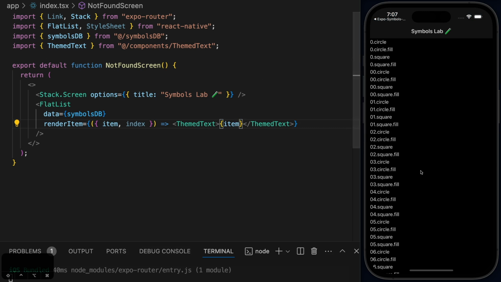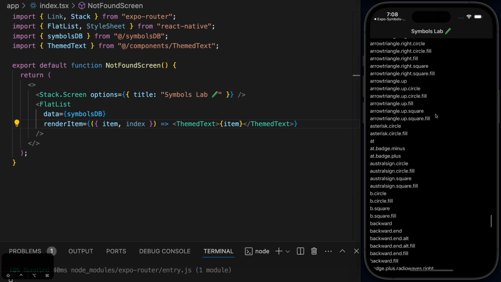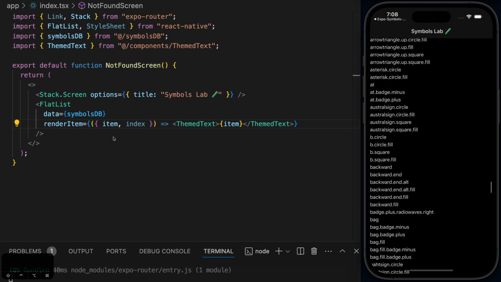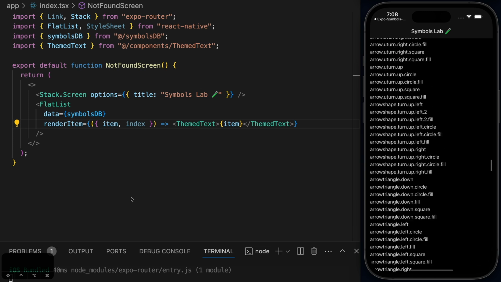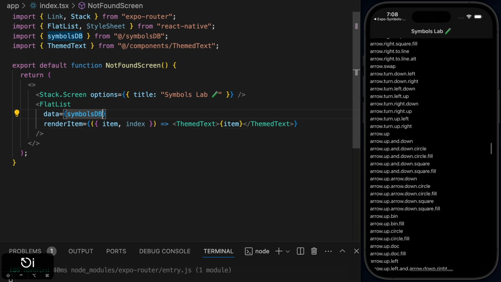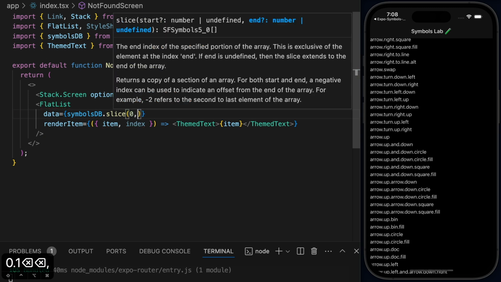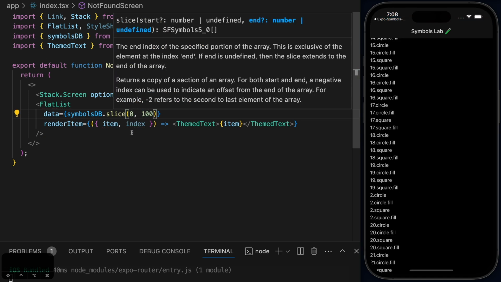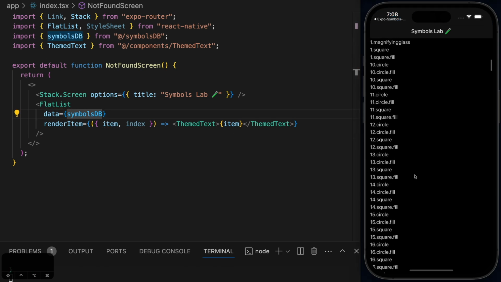All right, and as you can see, we have here all the data, and we have many icons. We have a lot actually. And just for the simplicity of this video, we can leave all of them if we want, but we can also do a slice maybe just when we are developing this app so that we don't load everything, and this will slice the array to just 100 items. All right, but before I do that, I want to also support the ability to search,